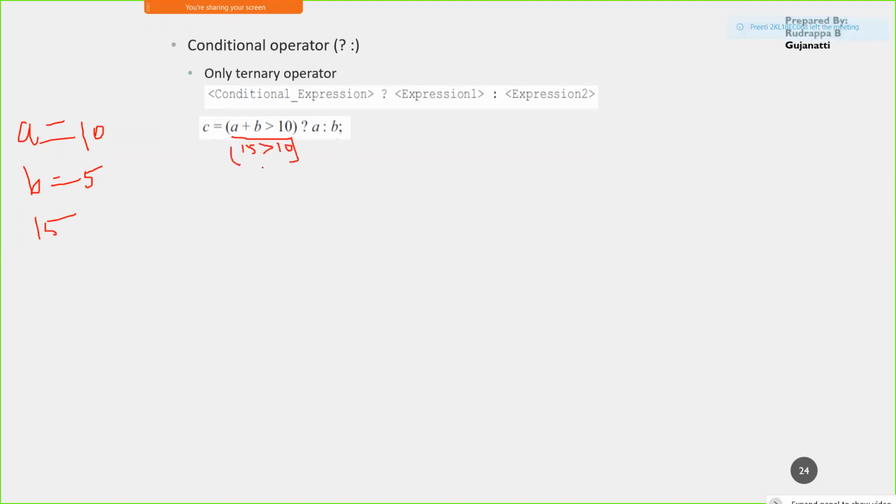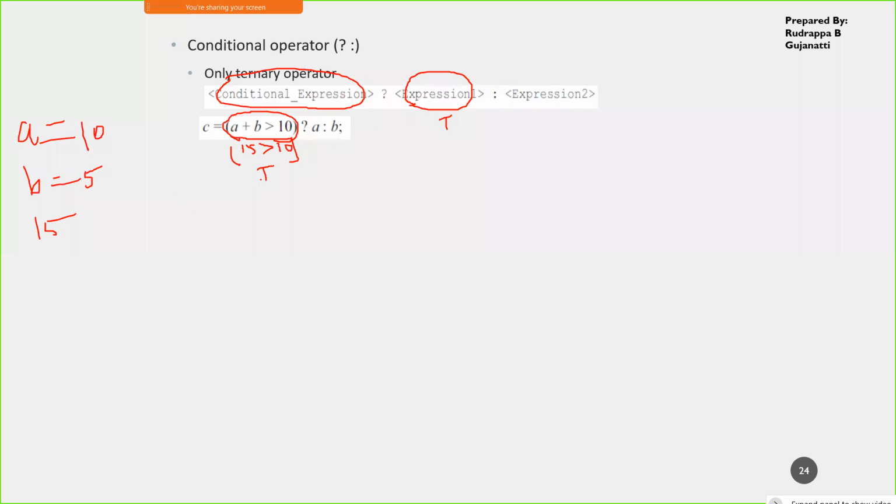So this one is true. What happens is, if this conditional expression evaluates to true, then this one will be utilized. If this evaluates to false, then this expression will be utilized.